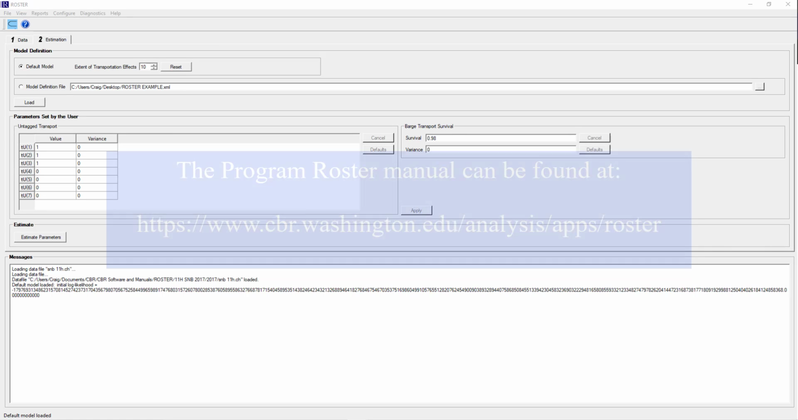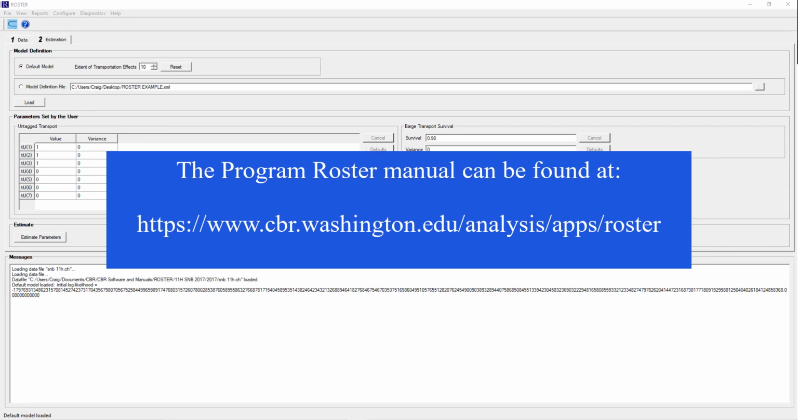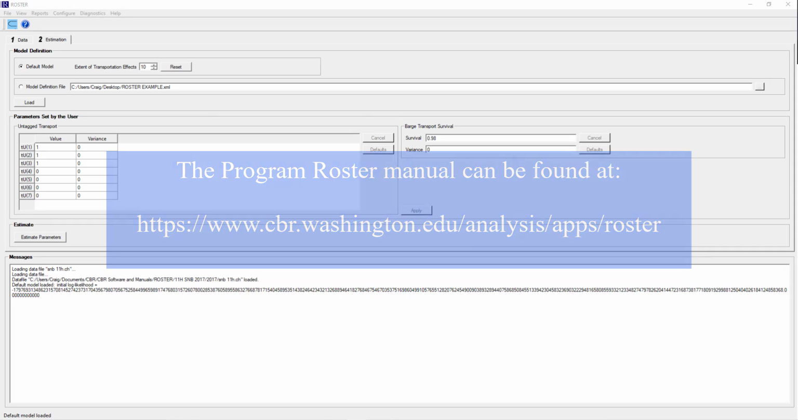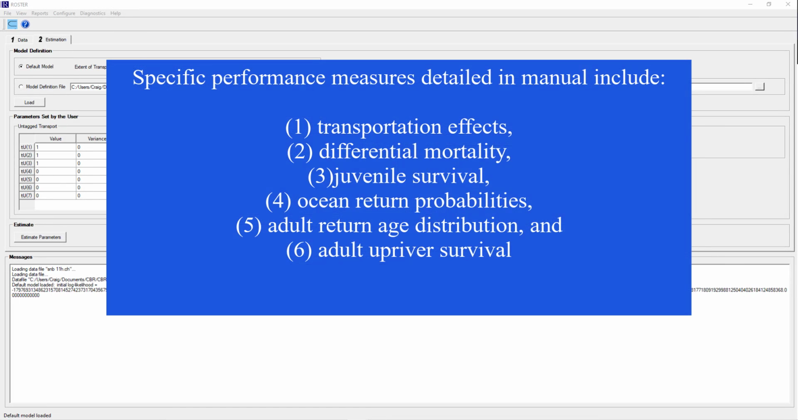The Program ROSTER manual goes through most of the different types of measures explicitly. It can be found at cbr.washington.edu/analysis/apps/roster. The manual specifically looks at types of measures including transportation effects, including both dam-specific, single dam, and system-wide, differential or delayed mortality, the ratio of post-Bonneville outmigration survival of transported fish to that of non-transported fish, juvenile survival, probability of surviving from the first detection site, usually Lower Granite Dam, to the last juvenile detection site, typically Bonneville, for non-transported fish,